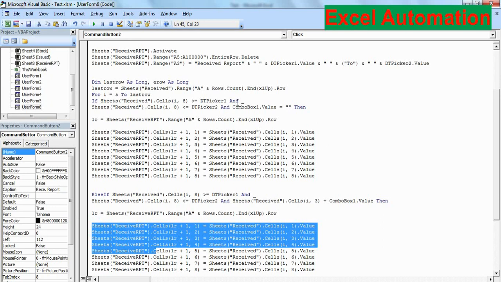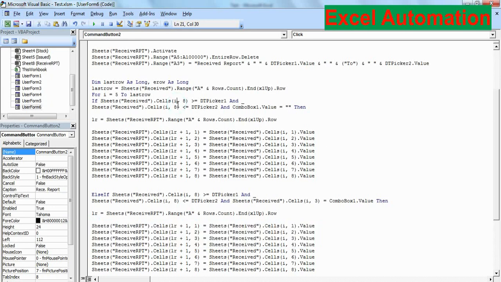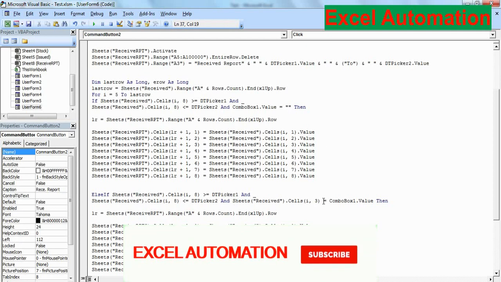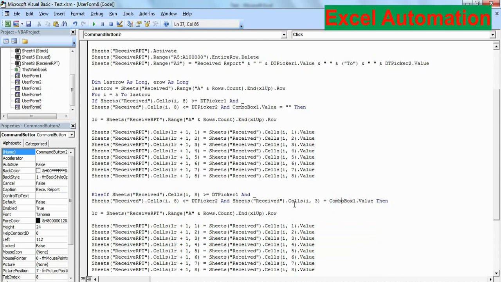Here we set the condition that if the date range between these two DT pickers is set and the combo box is empty, then generate the report of all the products received irrespective of product name, but within the date range. Here we keep the condition for date range, the same condition is set here, but the only change we have made is that sheet receive dot cells I3 is equal to combo box 1 dot value.